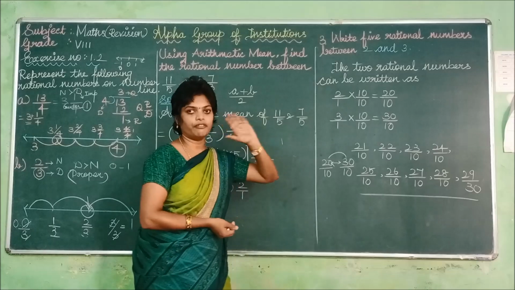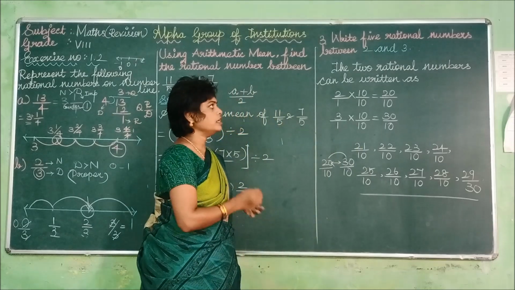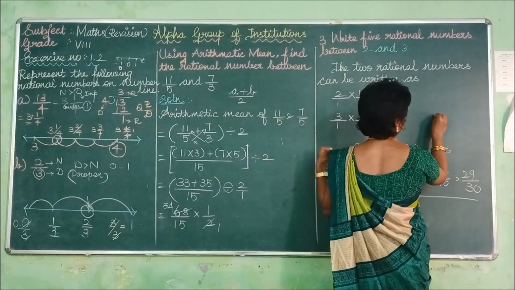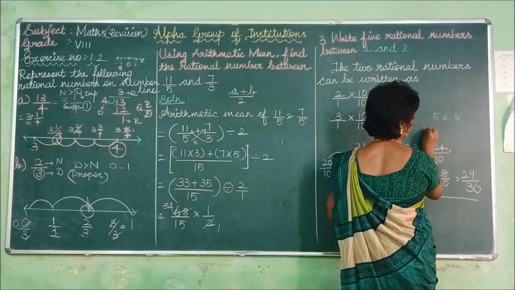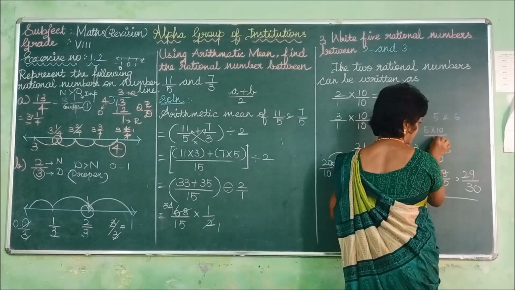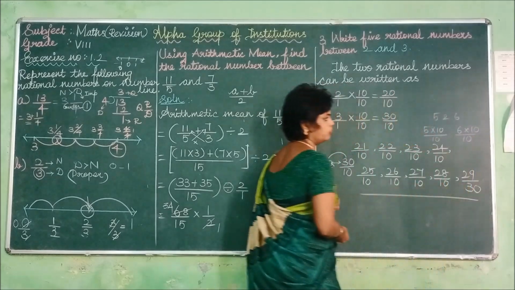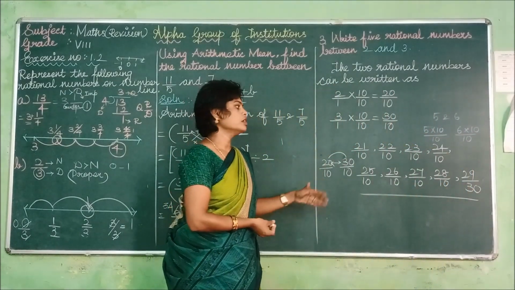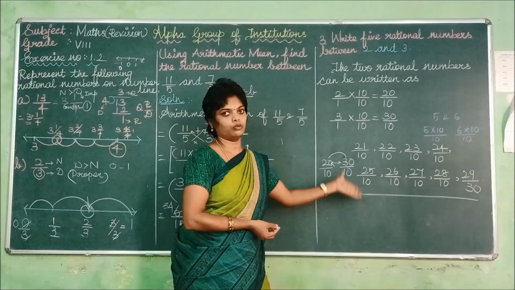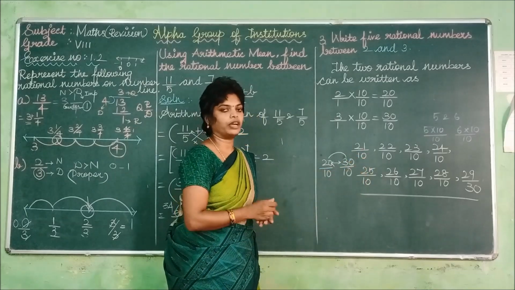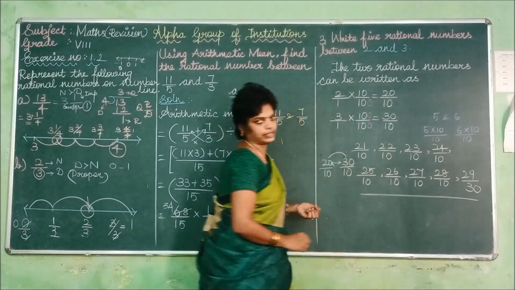They ask you to find out only 5 rational numbers, so you can choose any 5 values. So listen carefully. Suppose they have given find the rational numbers between 5 and 6, you have to multiply 5 as well as 6 with 10 and also divide with 10. Then only you can easily find the 5 values. Suppose they ask you to find 20 values, is there any way with 10? No. Only 9 values are possible here. If they ask you to find more numbers, you have to multiply the value with 100 and also divide the value with 100.